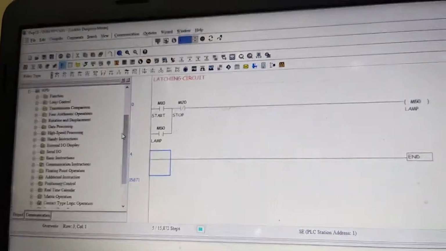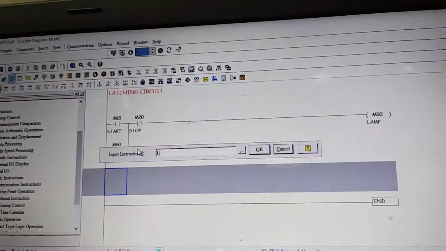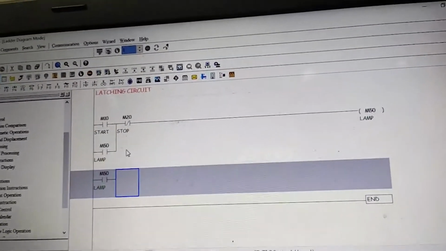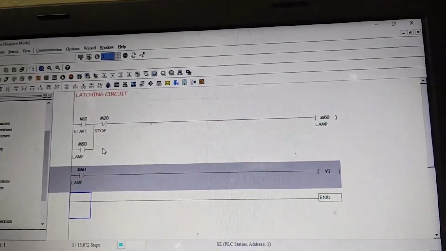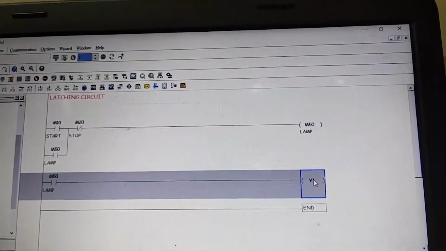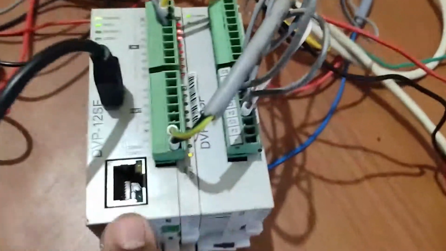Now I connected an external output for the same condition. I am using LD M50, OUT Y1. Normally I can use Y0, Y1 conditions, but in the PLC we are using two models of PLCs.